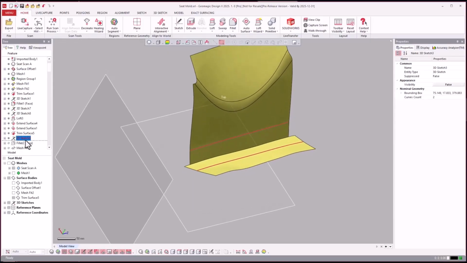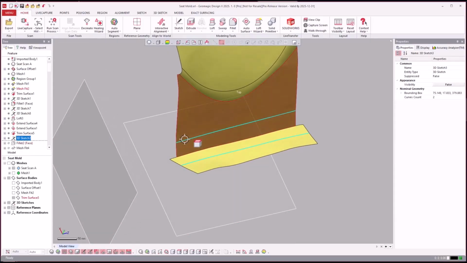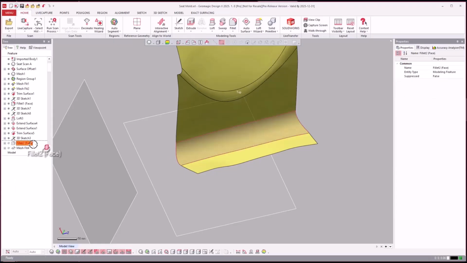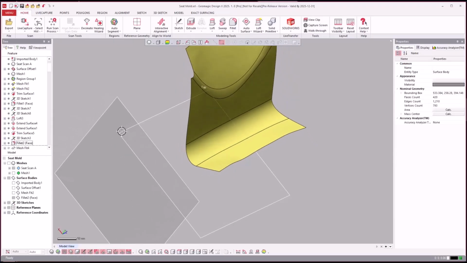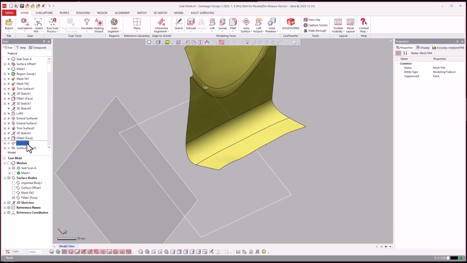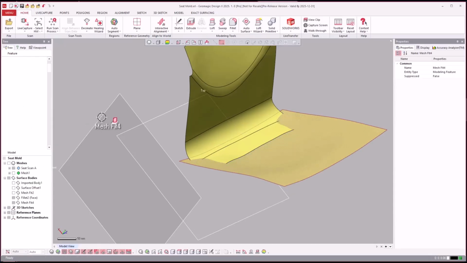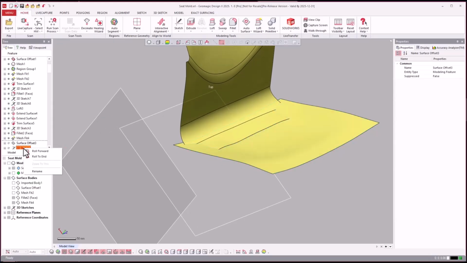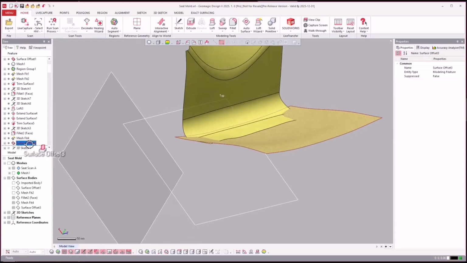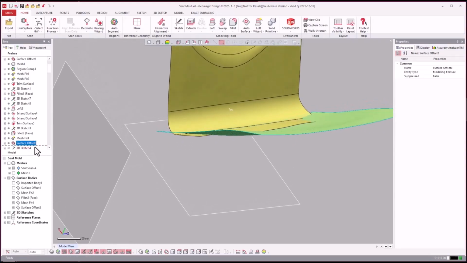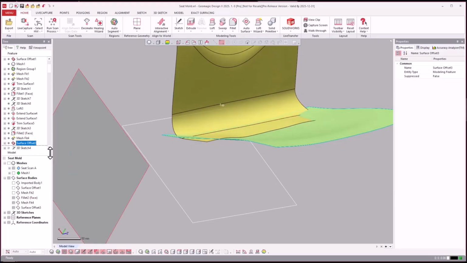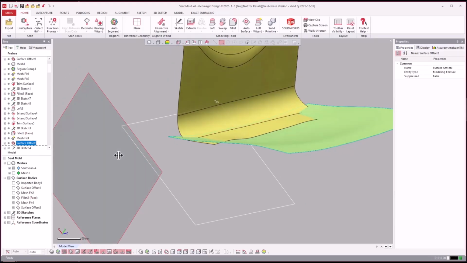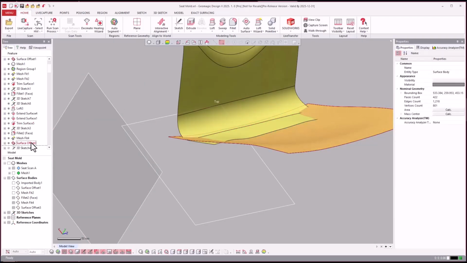Yep, so this is that same technique here where you create a 3D sketch. We use these guys for trimming purposes. Roll forward. We do a surface offset. And in this instance, the surface offset is just being used as a duplicate surface. So you'll see here, I can tell right away